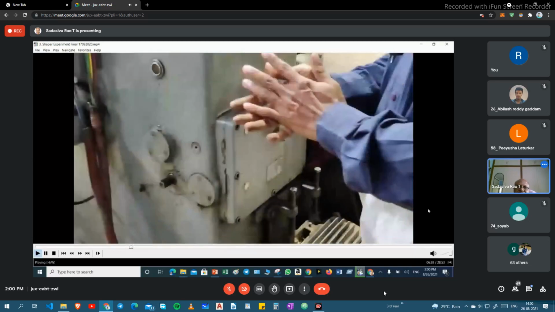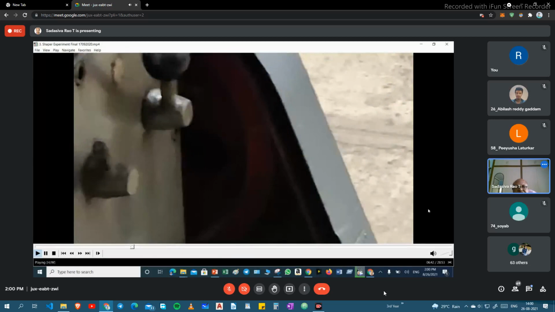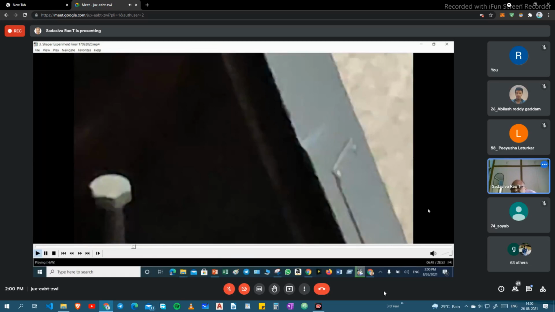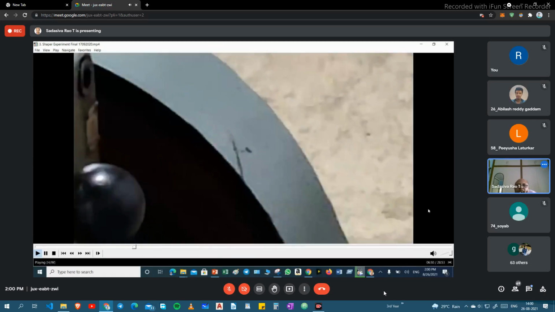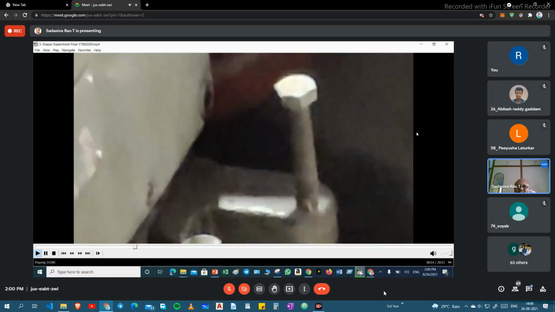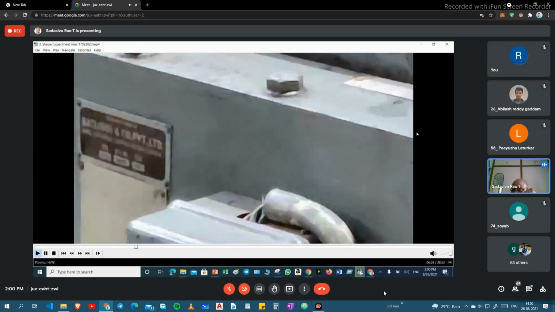Then here is the ram. We can adjust the ram depending upon the work position and the length of the work. If your work is smaller, no need to run the machine at full length, so we can adjust. Suppose this is the workpiece.